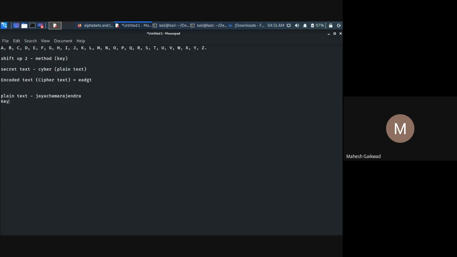Now we shall give you the key to use. Key will be shift down 3. Okay, shift down 3. Can anyone take a minute and send the output in the chat box? So secret text encoded, what will it be in this case? So even I have to perform this now. This is not shift up, this is shift down. You have to go back rather than go forward. So here J will be